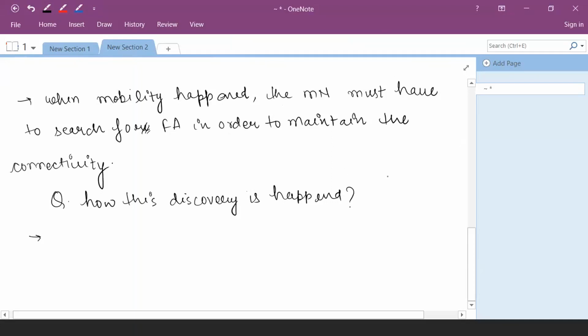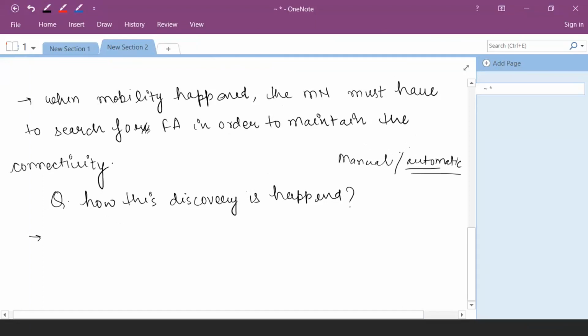Then you have to select the particular one that matches your subscription. Sometimes it can be done manually, or it can be done automatically. By default, in my mobile phone this is done automatically. Whenever I am changing my location from one city to another city, the base station changing procedure is done automatically by our mobile node.